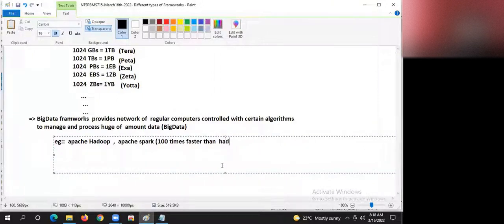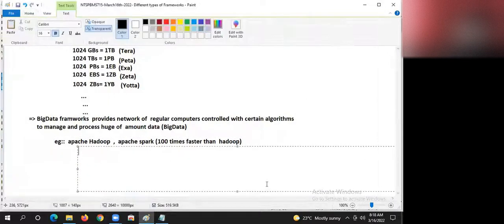Only these two are there. Scala is a different one. Mister, don't bring Scala into the picture. Both of these are Java based big data frameworks. As of now, only these two are doing well.